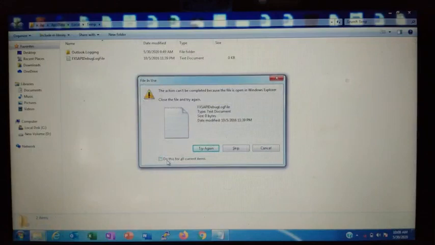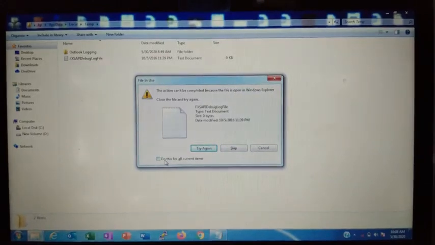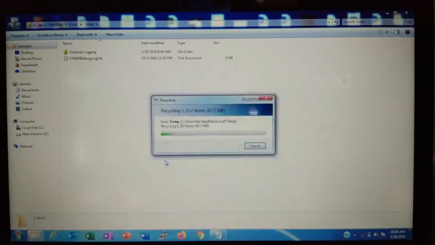Anything left over, here also you have to select do this for all current items, then select skip. That's it.